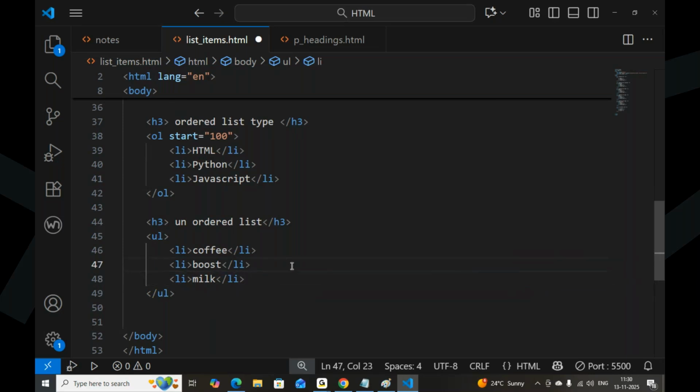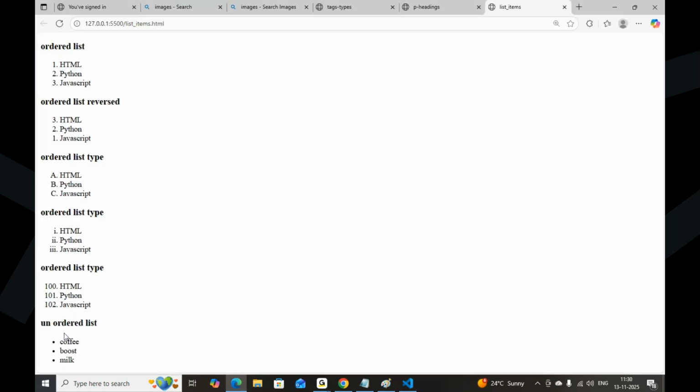For unordered list, we don't have any attributes, just dots. Dots will come.